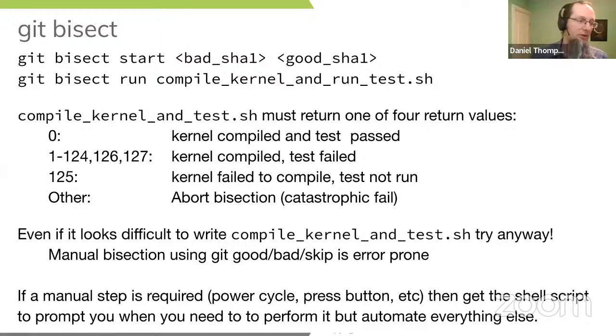But if you are working with test cases that are not absolutely reliable, I would very much encourage you to go and read up on stochastic bisect, because you can build these same shell scripts to run them, and you just say run them until you're 99% confident that you've got the right bisection, and then it will crunch the stats and do its best to give you that answer.